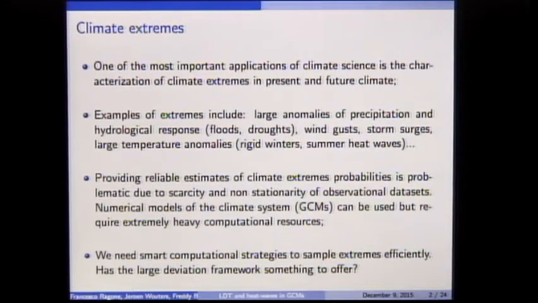So we need some smart computational strategies to sample the extremes more efficiently, which is more or less what some of the people here have talked about. And we want to see if this is possible. Specifically, I say it in advance, we are going to use an algorithm, let's call it the population dynamics algorithm, that was extensively discussed by Takahiro yesterday. I will recall the idea of the algorithm, and in particular the practical aspects of what you really do when you compute with that algorithm.